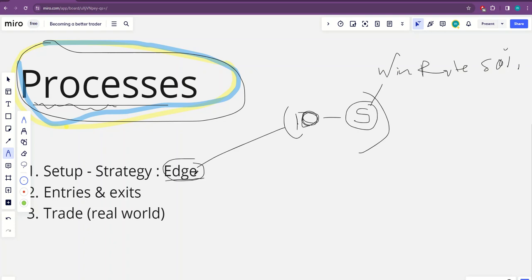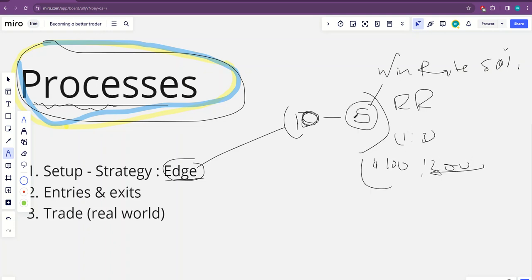You don't want to be guessing. You want something that replicates itself, happens over and over again, and you take the same thing over and over again, and you know that out of 10 times it's going to deliver 5 times. And now what you're going to rely on is your risk reward, RR. Say maybe you have a risk reward of 1:3, just for example. Then you know that for every $100 you risk, you are gonna be targeting $300.